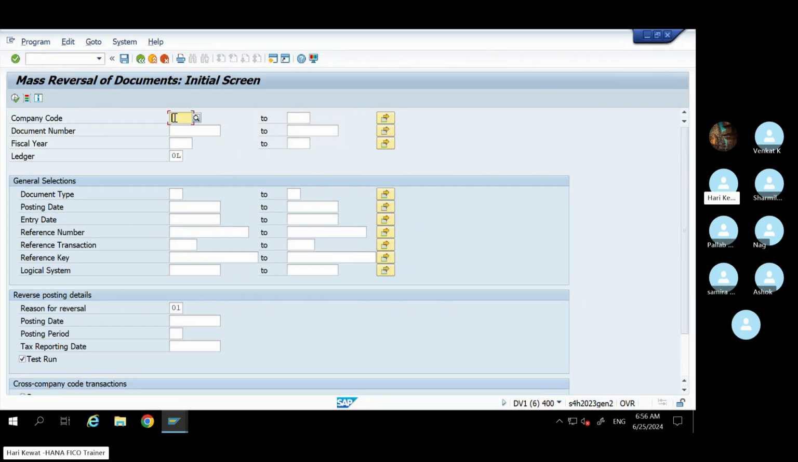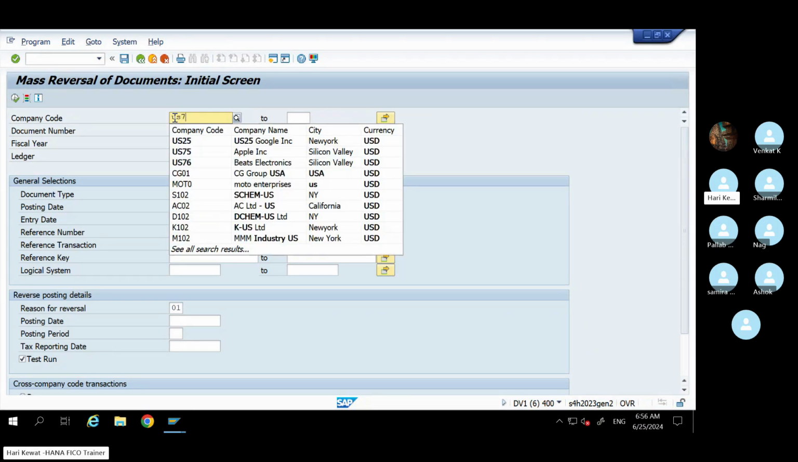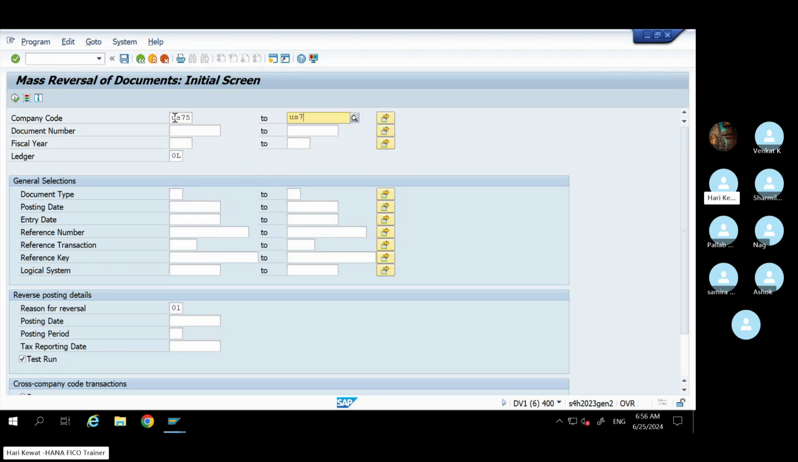See here, if I give two company codes, let's say US75 and US76, okay? Let's say for multiple company codes I want to reverse at a time. I give this document here and this document here. Now,